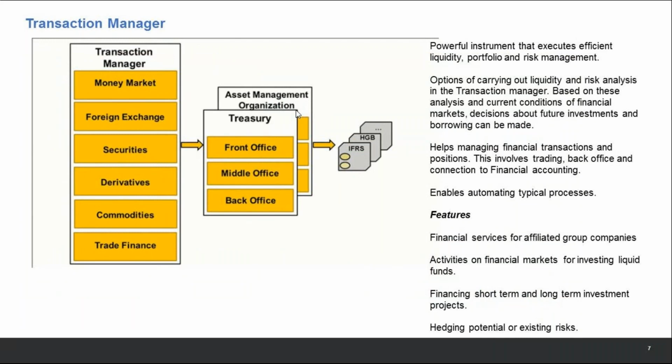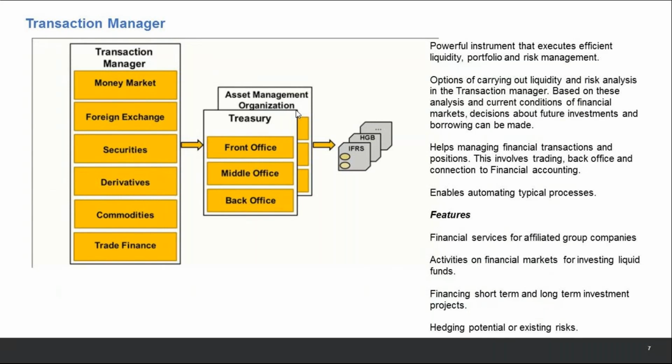Now we are moving more into SAP. What's SAP Transaction Manager? Basically, SAP Transaction Manager is one of the most powerful tools. If you know Transaction Manager, I would say you know half the treasury of SAP. All these types of products come under Transaction Manager.